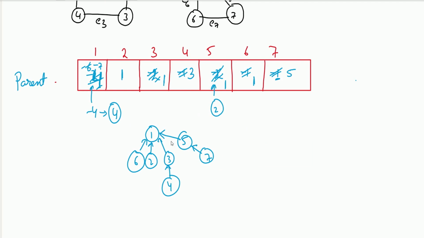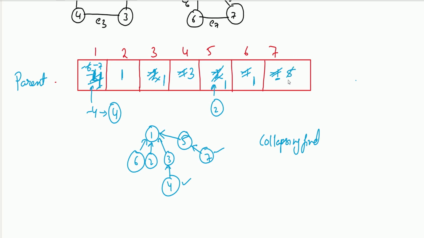If we see this array, we can see that we are getting the representative element of the set in almost constant time. This gives us a very beautiful solution because it will take either 1 or 2 steps only. Sometimes it happens that 4 takes more steps than others, and 7 is also taking more steps. So what we do is we use collapsing find. Suppose I call find on 7. 7's parent is 5, 5's parent is 1, and 1's parent is -7. It means 1 is the representative element of 7.